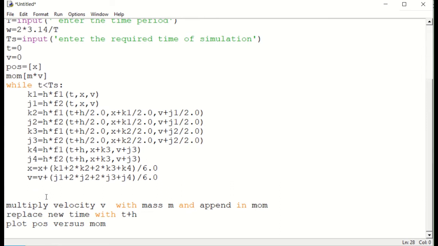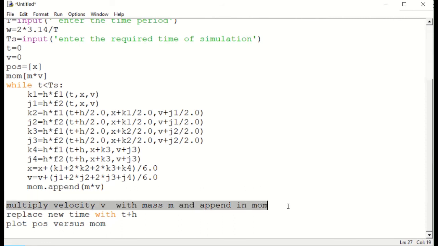Now the next step is we have to multiply the velocity with mass and append in momentum. So we do just in a single step, MOM dot append. So we do append the momentum. So that's nothing but m star v. So momentum we appended. Okay, that step is over.